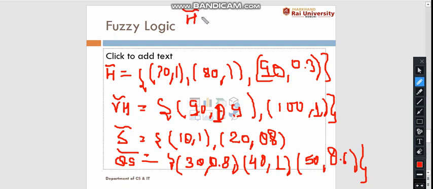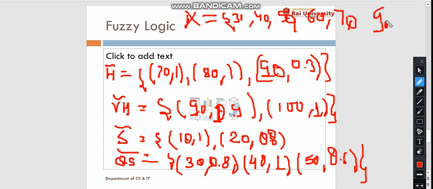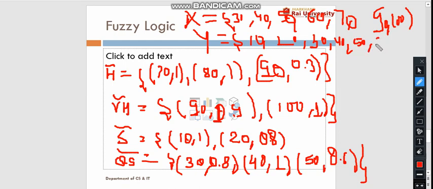I have already written the values. The temperature, my X, what are its elements? It is from 30 to 100. And for Y the elements are 10 up to 60. So these are basically